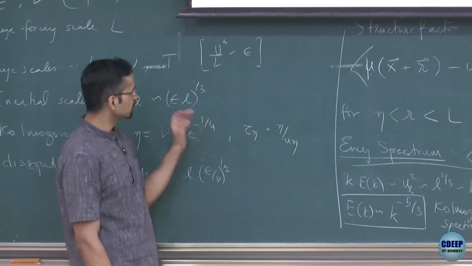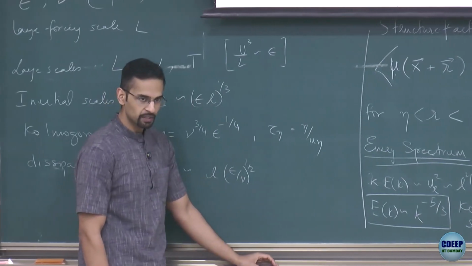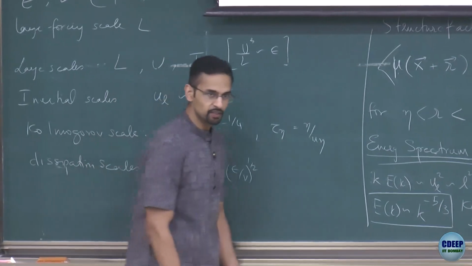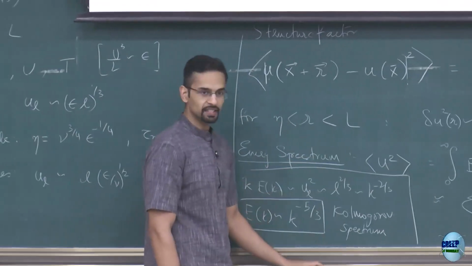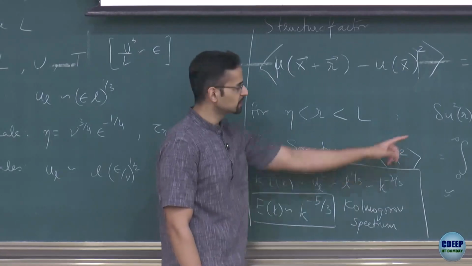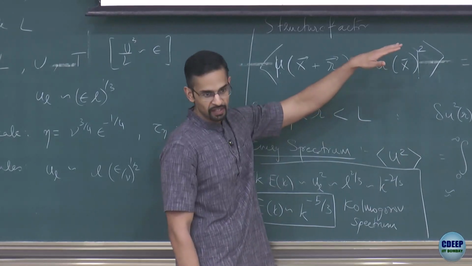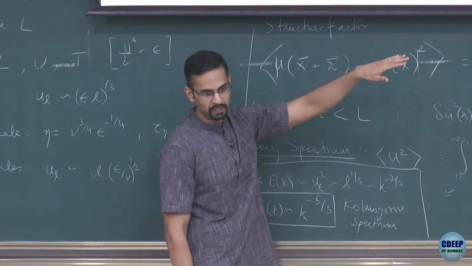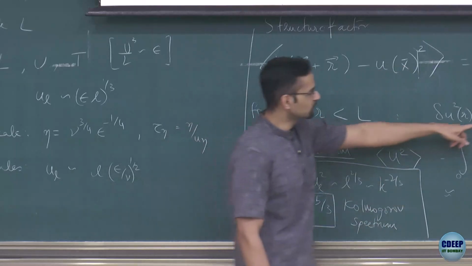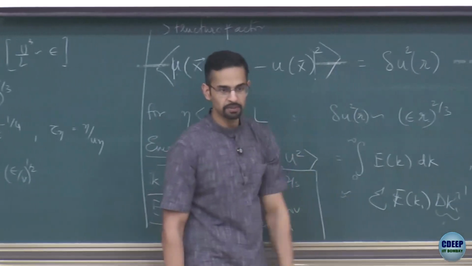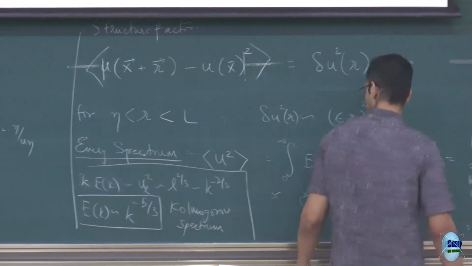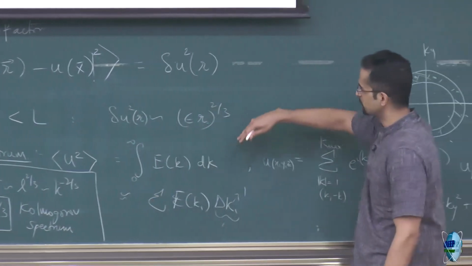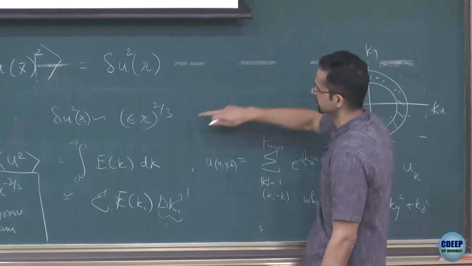Okay, so if this Kolmogorov phenomenology works so that you have this inertial range of scales, one way to verify it is you plot the structure function as a function of r. Again, at very large scales it will do something, then it will hit a power law, which will show you this 2 by 3 behavior, then it will become steep, it will behave like r. Okay? So that, of course, will increase, the delta u will increase with r.